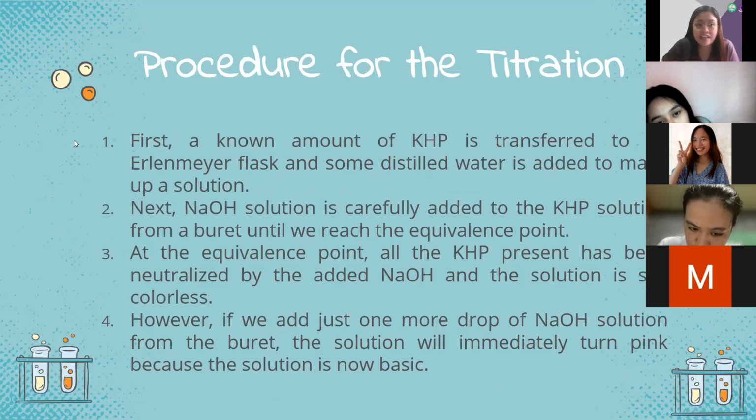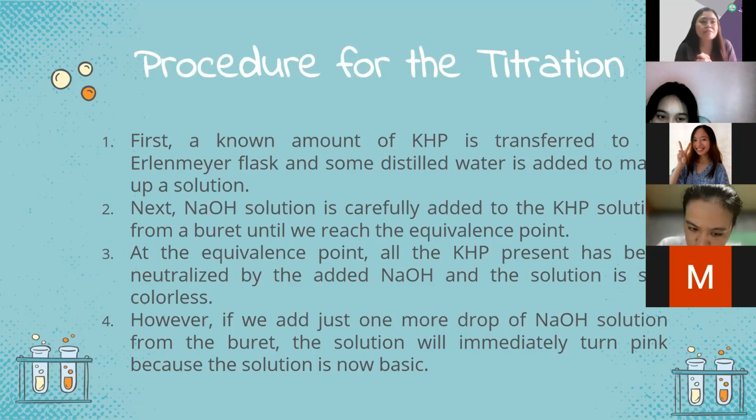But the procedure in the titration, what do we do? First, we weigh an amount of KHP or potassium hydrogen phthalate. We place it in the Erlenmeyer flask. Then, we add distilled water to make a solution. Remember, KHP is soluble in water. Then, once it's in the Erlenmeyer flask, the next thing that we will do is we are going to place the sodium hydroxide solution in the burette. Okay? We place it in the burette. Then, we add the sodium hydroxide from the burette going to the Erlenmeyer flask with the potassium hydrogen phthalate solution